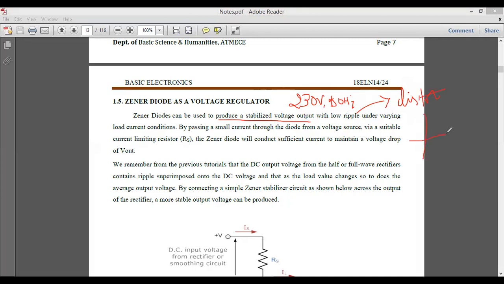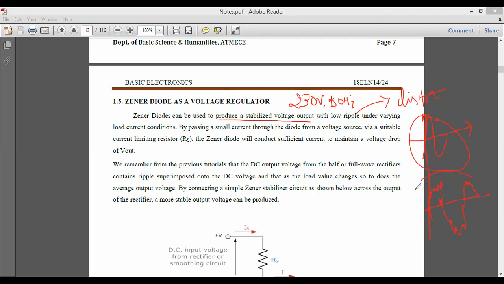So what do you mean by distortion? If you take an AC signal or a sinusoidal signal and it is applied to any normal appliance, this is a pure AC signal. Now ripples are nothing but a distortion due to environmental changes, or sometimes because of the transformer, or because of some change in the properties of the material or the devices. So the ripples will be small distortions in the analog signal, and we call it a ripple.